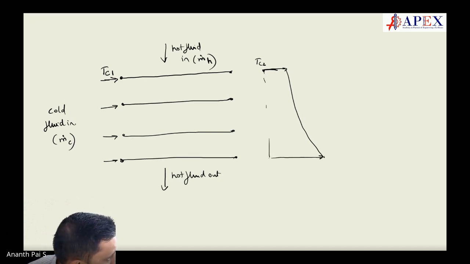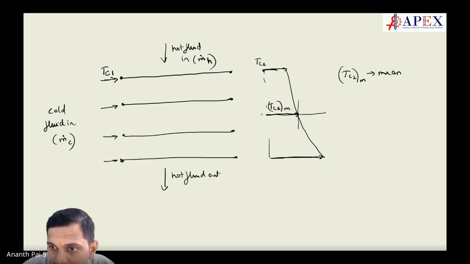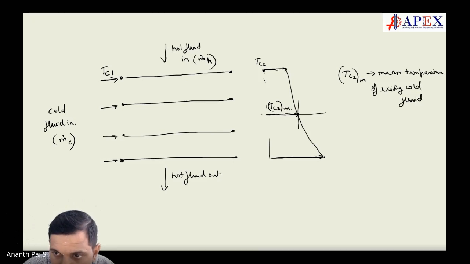Right? It will increase. Now somewhere we have the mean temperature. So I'll say this is Tc mean. This one is Tc2 mean temperature, where Tc2 is the mean temperature of exiting cold fluid. Exiting cold fluid. Similar way, if you consider the hot fluid,